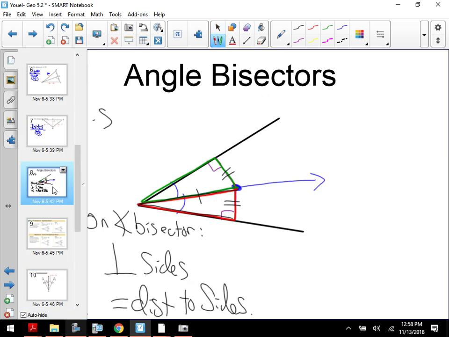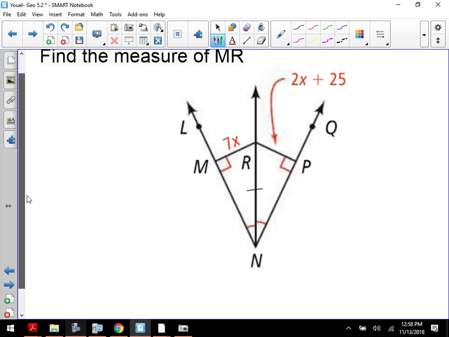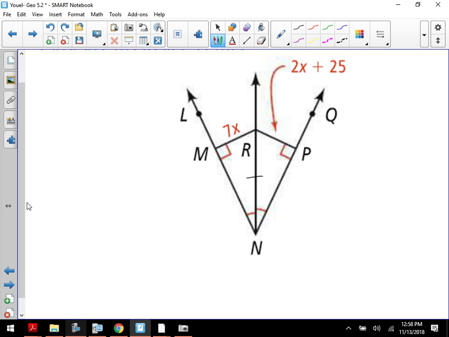Because if you go back to what I was saying, if you're an angle bisector, if you're on it, you have to be perpendicular to the sides, and you're equidistant to the sides. That's part of the definition. So just by looking at it and falling back into the idea of why it works, we know the two triangles have to be congruent because angle, angle, side, because there's no